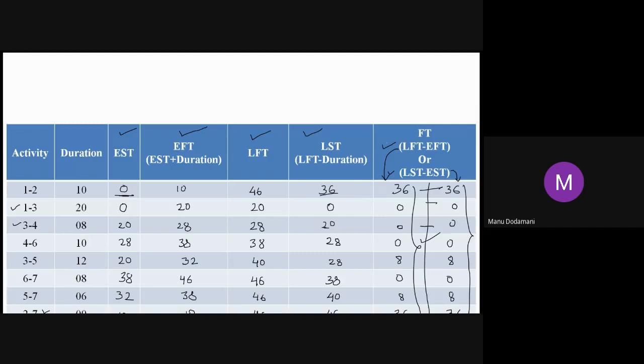Yes, thank you. Still, if you have any doubts regarding putting these values, that is EST values and LFT values, how exactly we need to consider. However, for the EFT value, just by using the formula you will write here, there is no problem. The only thing is, while drawing the network diagram, addition, subtraction, maximum value and minimum value, if you still have any doubts, you can ask me personally so that I can clarify your doubts.